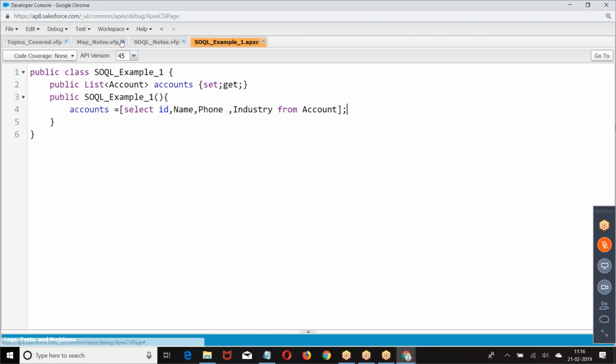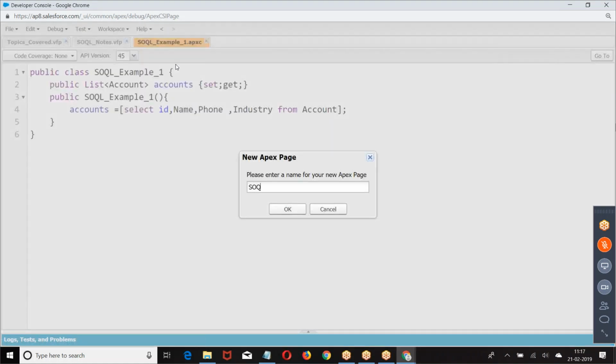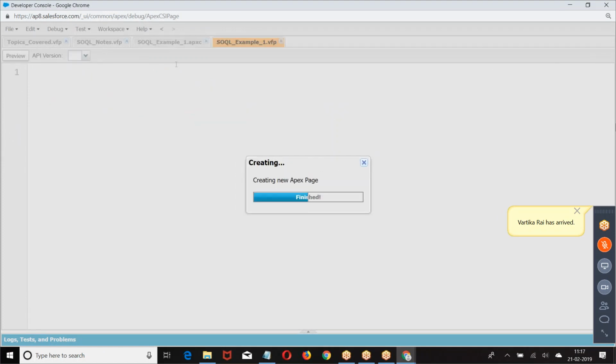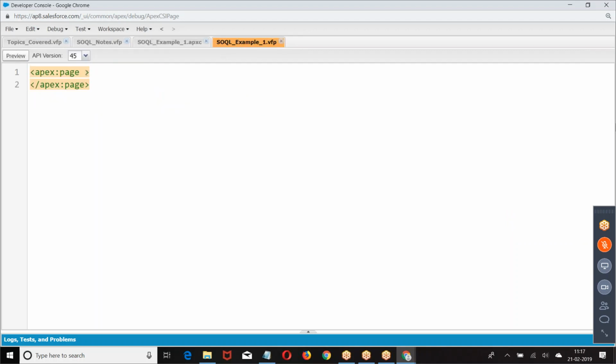Now, how do you display the data in the VF page? When you have a list of records, how do you display them? By using page block table, data list, repeat. That's what I'm giving here.